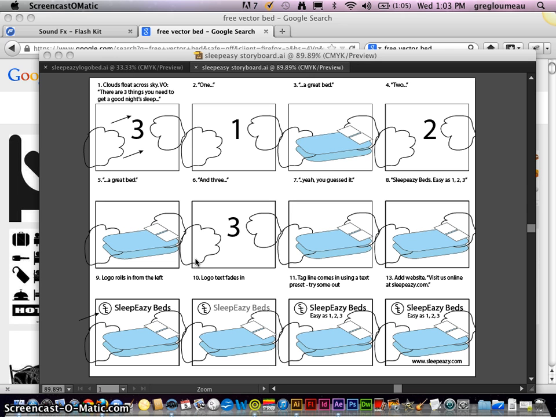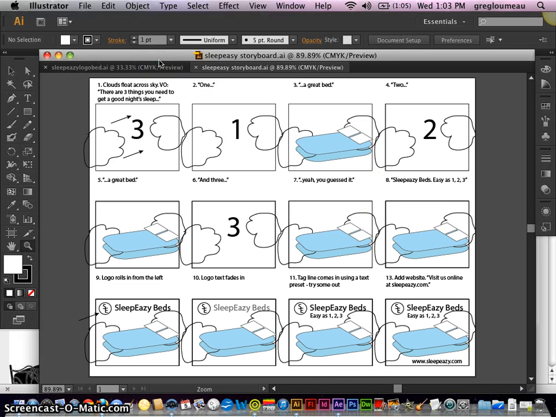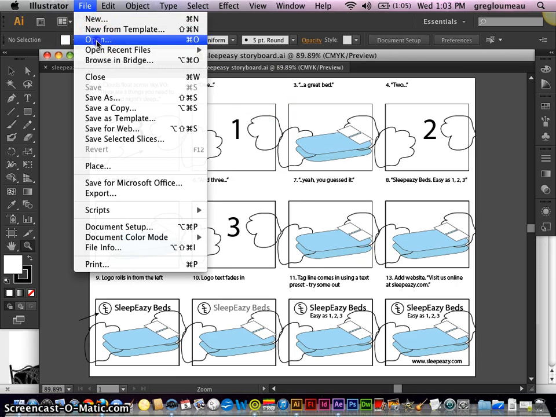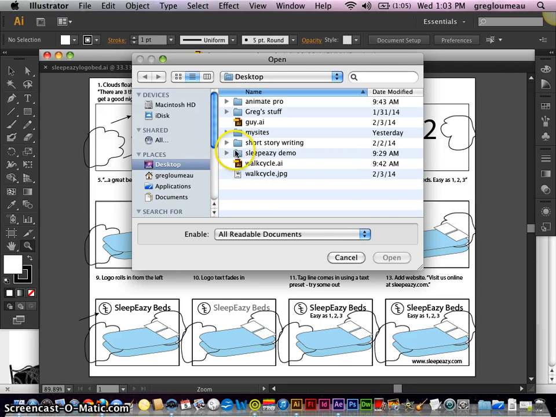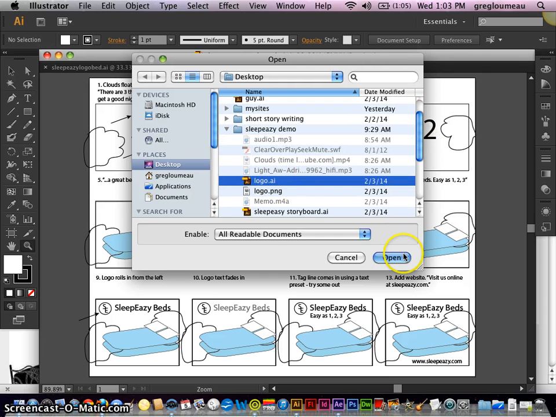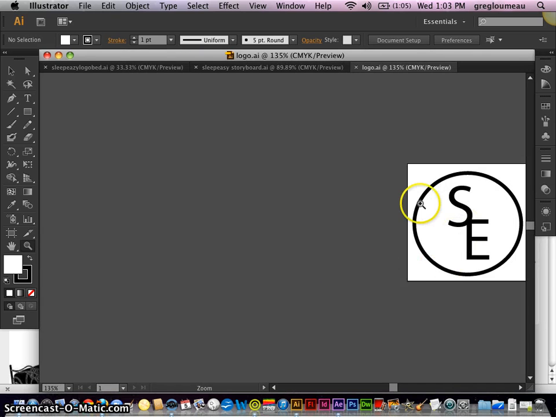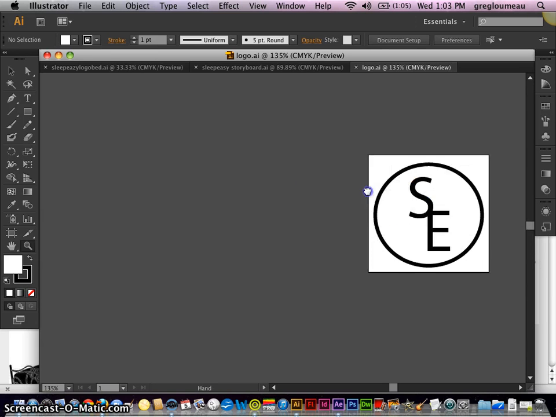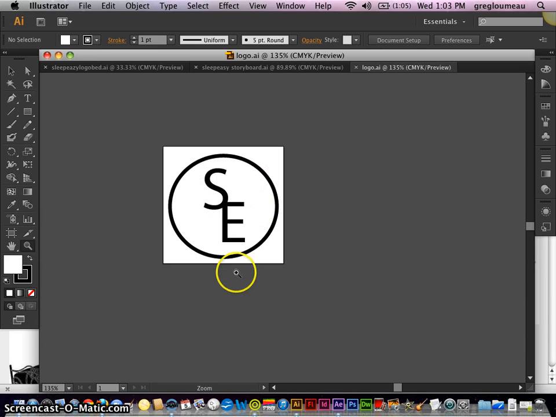Now I just want to show you how the concept changed when it came to actually creating the artwork. As you realize, Adobe After Effects is a very powerful program that can bring in elements from different programs. For example, I really like Illustrator. It's a great program for designing things. So I made a Sleep Easy logo in here, which is the most boring, worst logo ever designed, okay? But here it is, and it was easy to design, and it was easy to bring in just by import file into